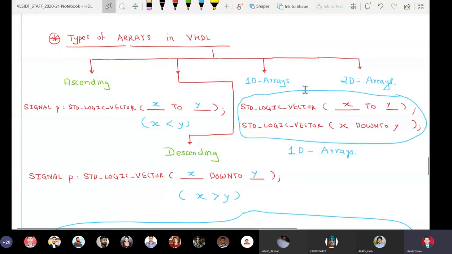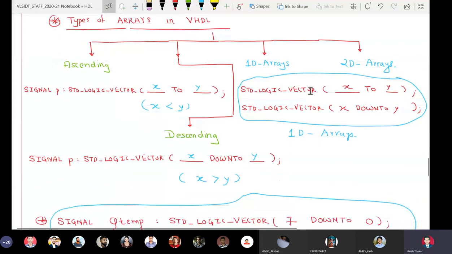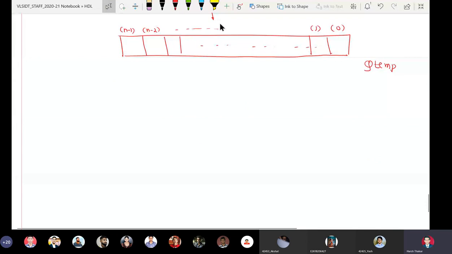So next time we will discuss how to create 2D arrays in VHDL.